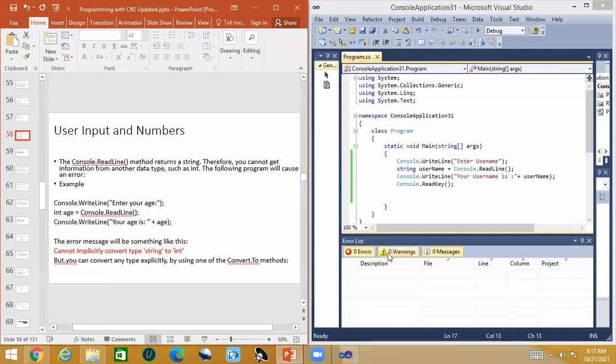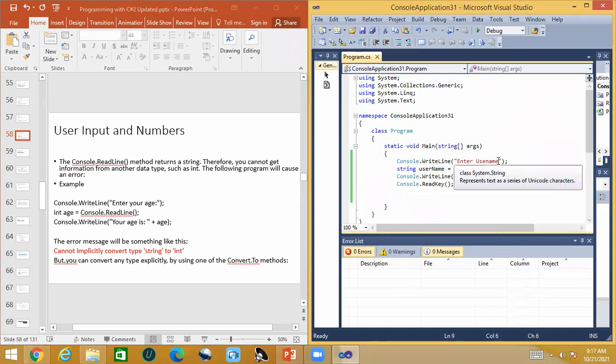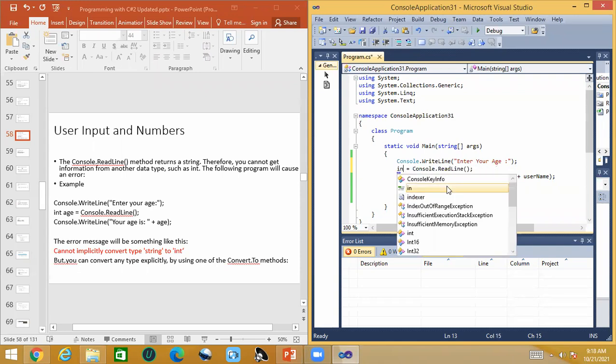Now, suppose I'll tell you one more story about this user input, right? So here I'm going to change this program. I need to get age. So enter your age. I'm asking to enter the age, right? Then the age is an integer value, so I change the variable also, int age